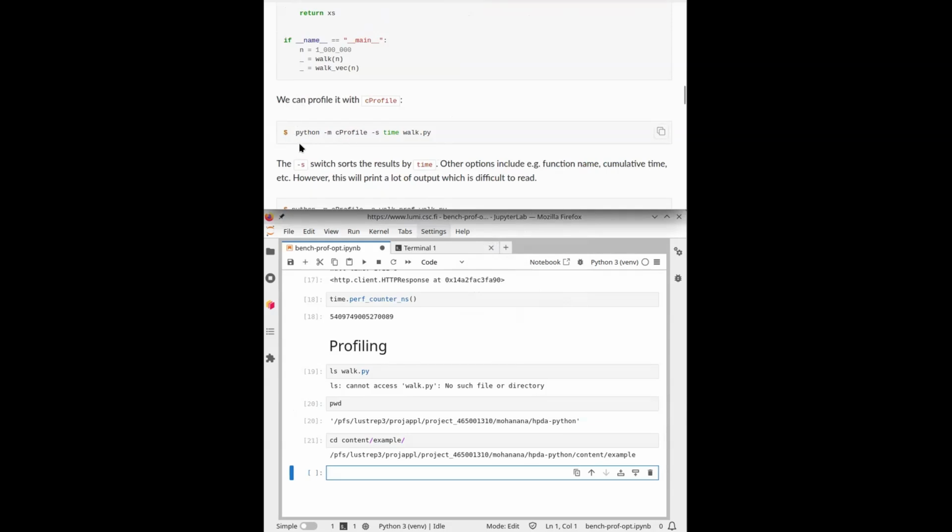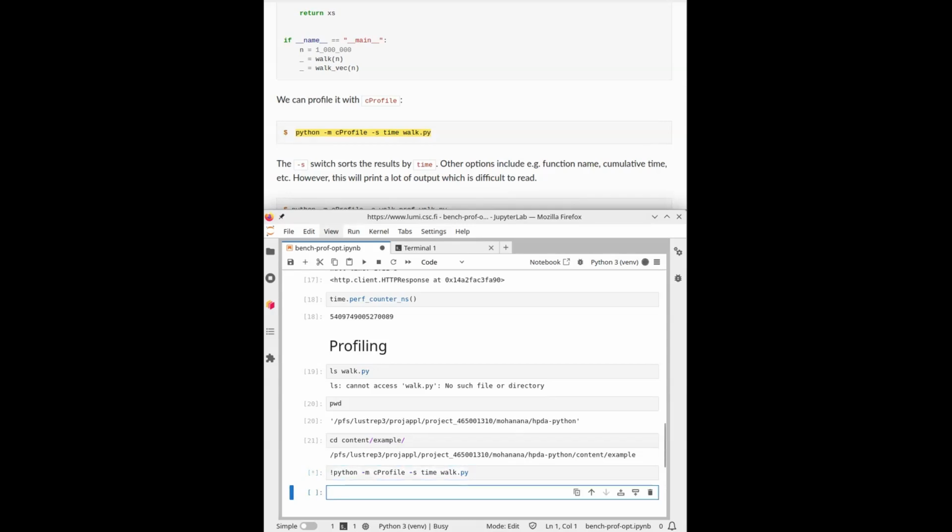Right. So one could try to execute a command line code in Jupyter. You do that by starting with an exclamation mark. This is the same thing as running it in terminal. So what happens is it will run this code